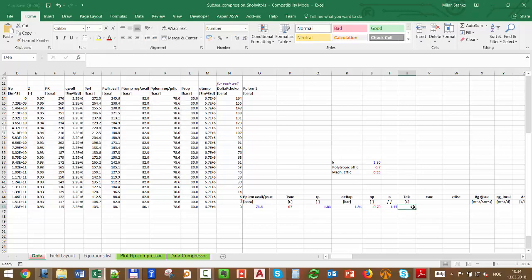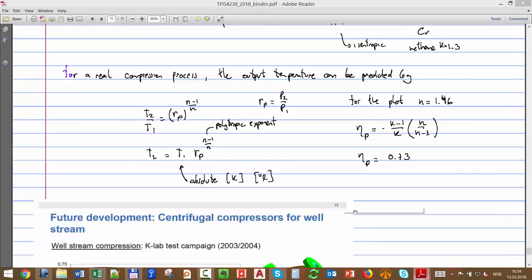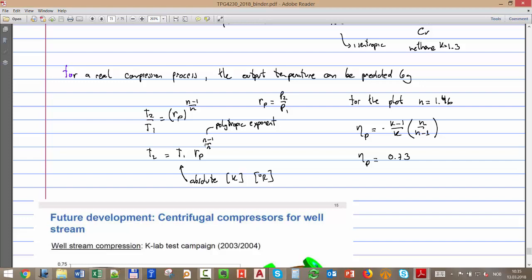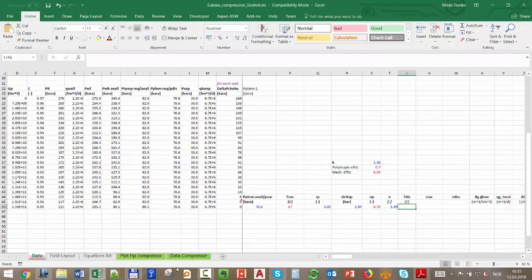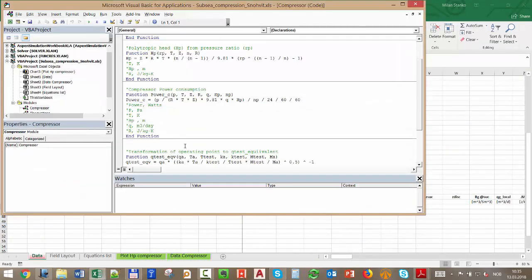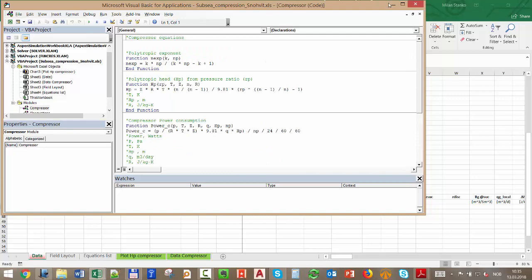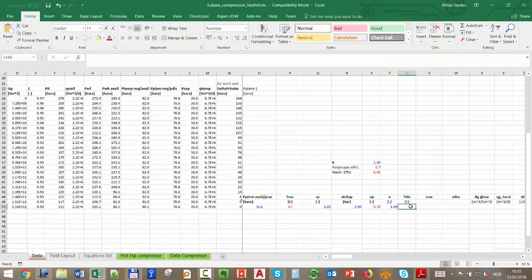Then I can calculate the temperature of the discharge, just using the equation that we also covered yesterday, which is this one. T outlet will be T inlet times the pressure ratio to the power of the polytropic exponent minus 1 divided by the exponent. I think I didn't program that equation for you. Sorry. You can do it if you wish. So I will have to make it manually. And remember, temperature has to be in absolute. So that will be equal to 67 plus 273.15